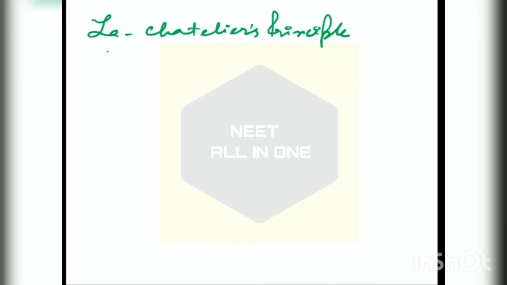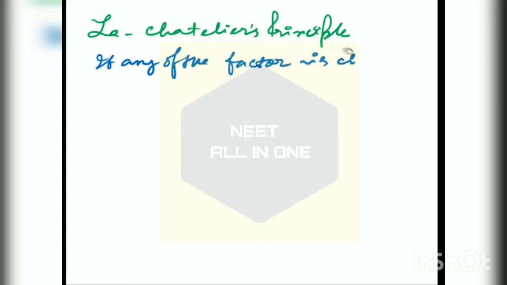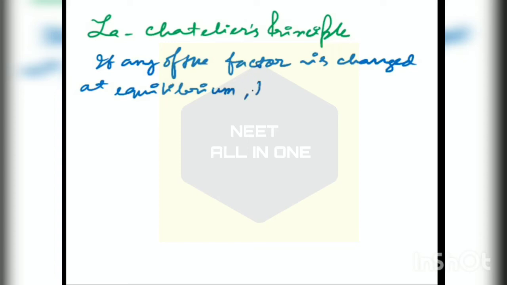If any of the factors is changed at equilibrium, then the reaction will shift in that direction